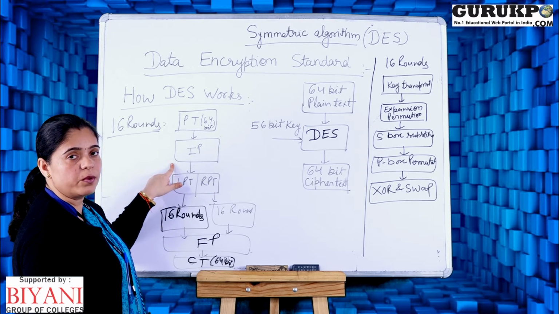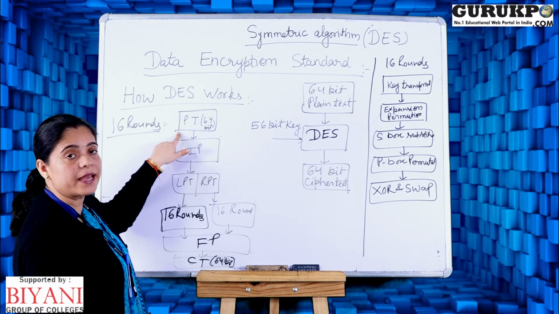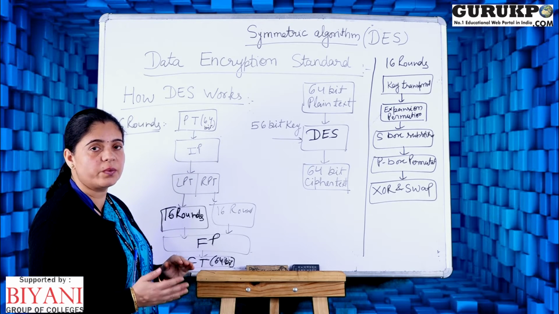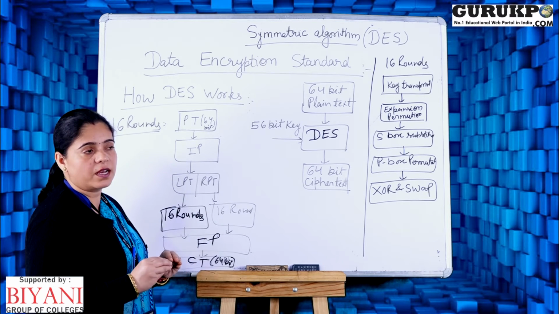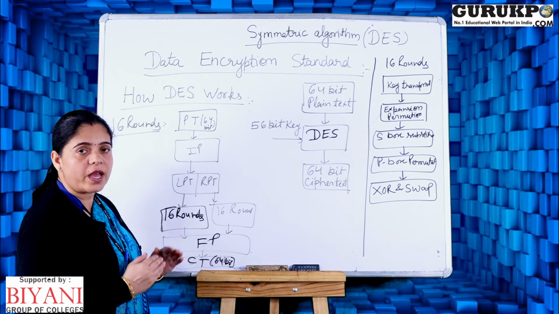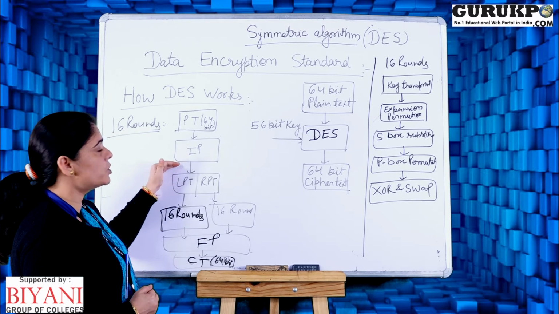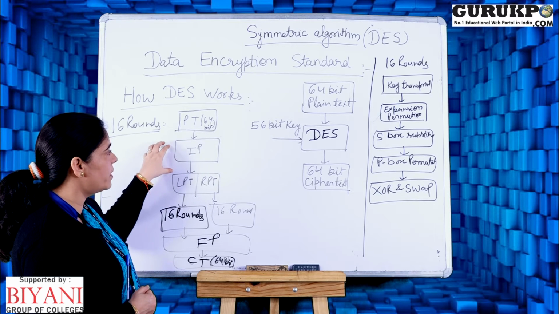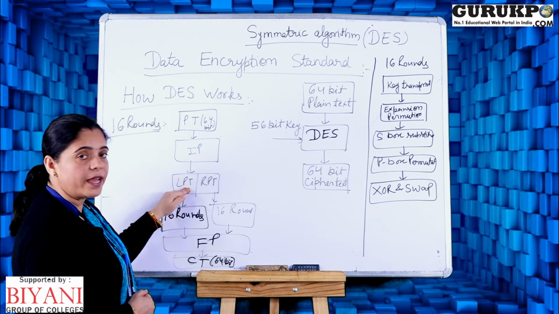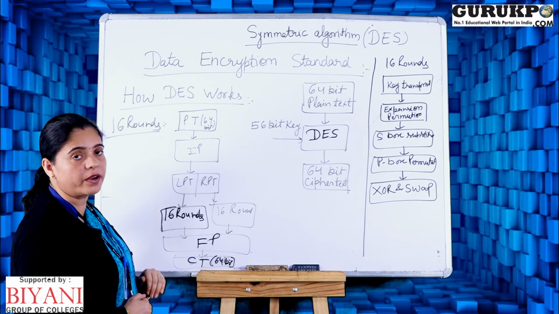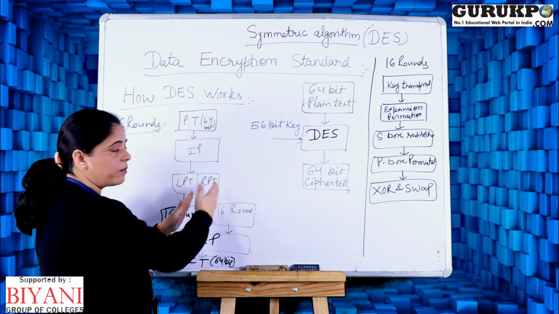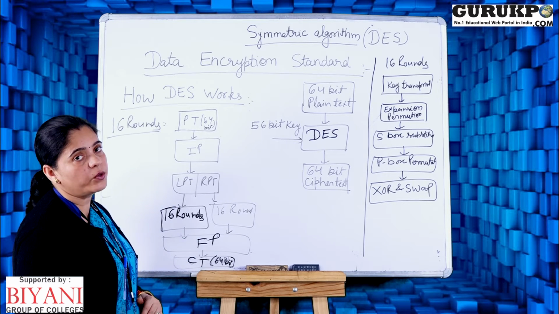Then the initial permutation will be performed on the plain text. Initial permutation means every bit is changed with another bit, for example changing the bits starting from the position of the 58th bit. So every bit position will be changed in the initial permutation, meaning some permutation combination will be applied on the plain text, and the left plain text and the right plain text will be generated after applying the initial permutation. The size of the LPT and RPT is 32-bit and 32-bit.